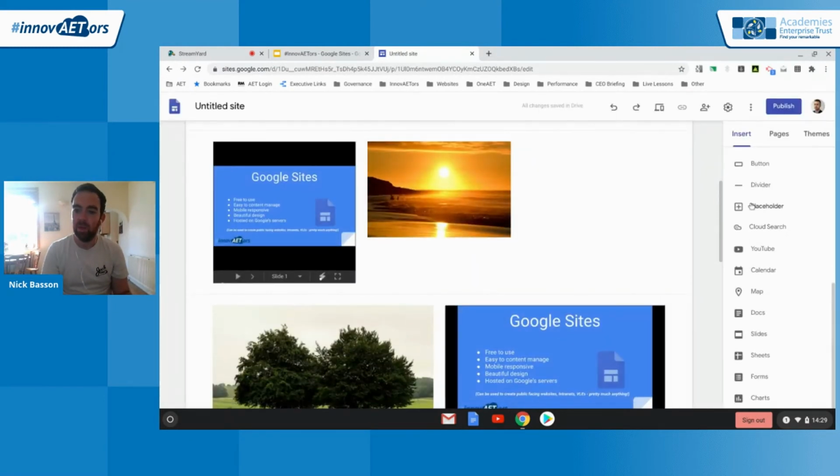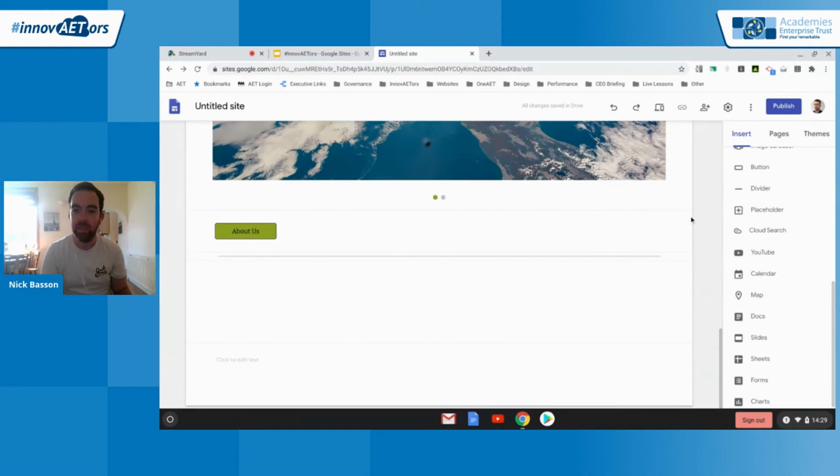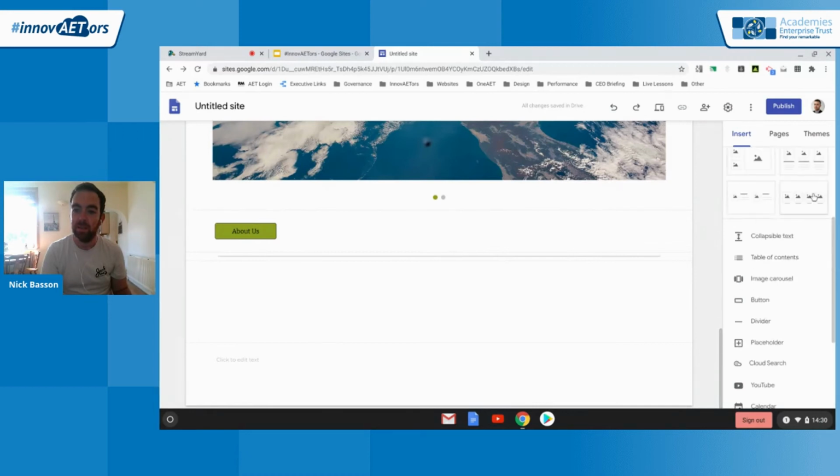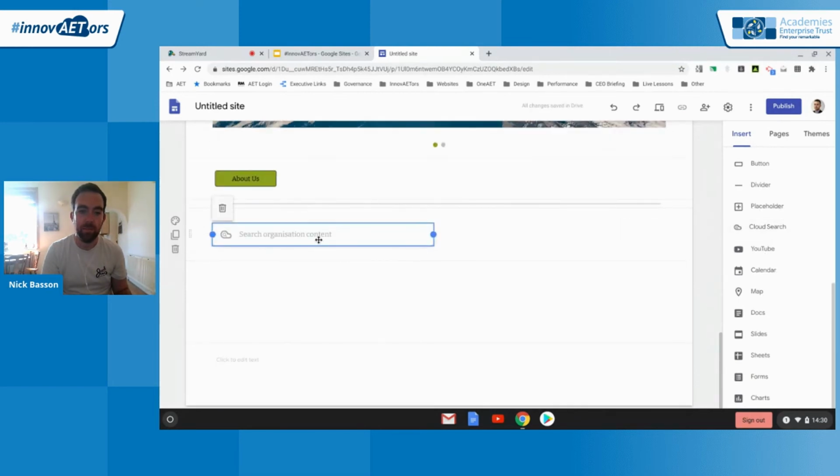Now I'm just going to run through these very quickly because some of these are a little bit more advanced. So a divider, so if you wanted to divide certain parts of content on a page, you'd hit that and that would put a nice line in. Placeholder, so as we saw here, they did image placeholders, so you can add that into the site as well. Cloud search,